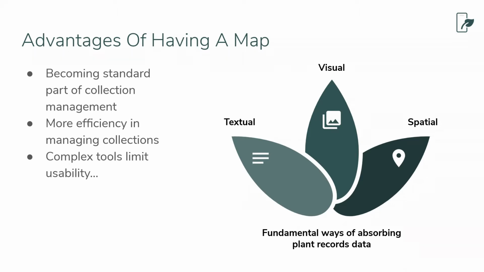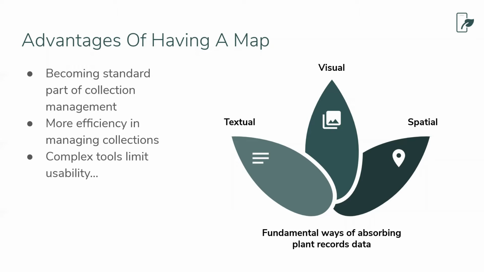So when it comes to plant records mapping, these things are increasingly becoming a standard part of collection record systems. As Havard said, they're often added as an afterthought, but slowly this is becoming more integral. And mapping adds a lot more value and more efficiency in the way you manage your collections. And as I said, it's very unambiguous when you've got a point on a map versus describing a plant's